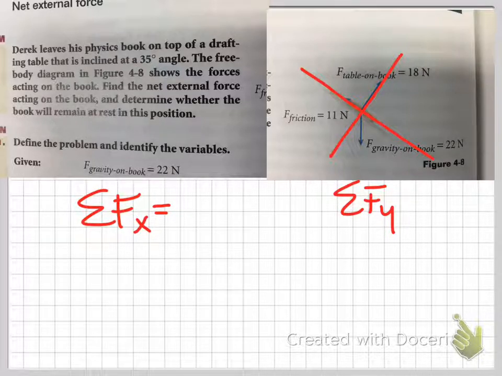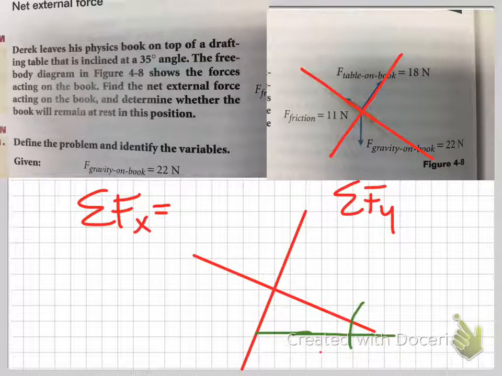And this is the standard procedure for solving problems where we have a slope. It means that we resolve gravity, because gravity is always straight down towards the center of the earth. So we're going to walk through a little bit of a mini geometric proof to do this. Here's my table. There's the angle that the table is making with the rest of the world. And there's my shifted axis. Now, what I'm going to attempt to convince you of